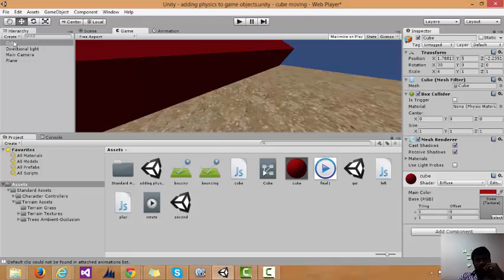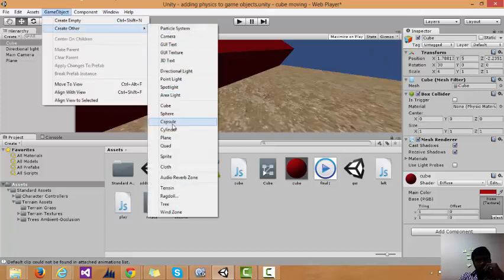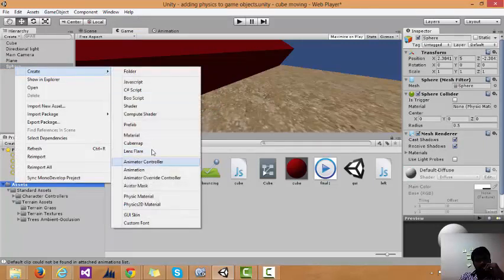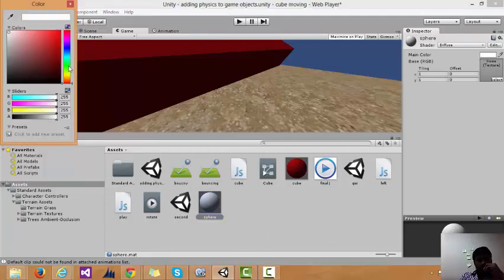Now I'm creating another game object, a sphere. I create one material for the sphere and add a color to it. Let it be green.